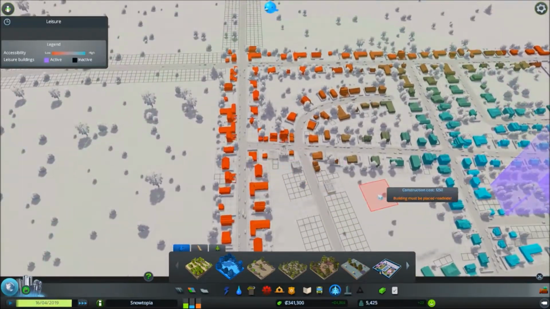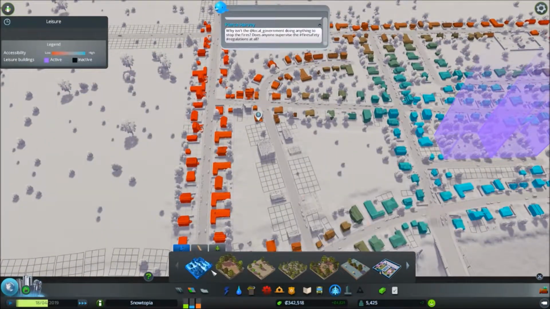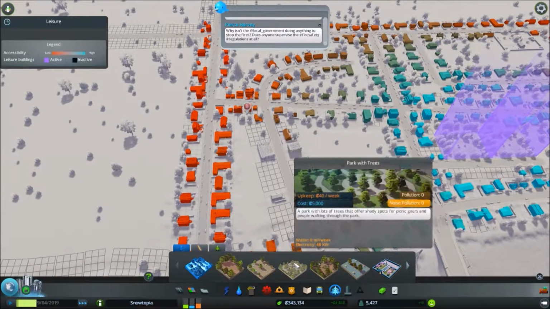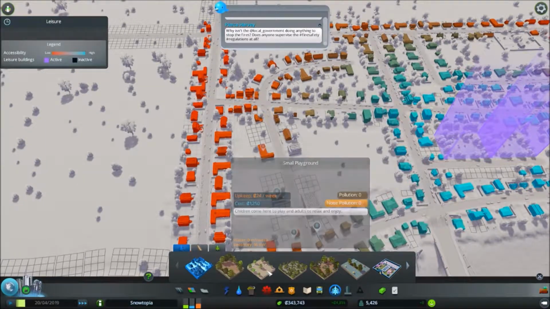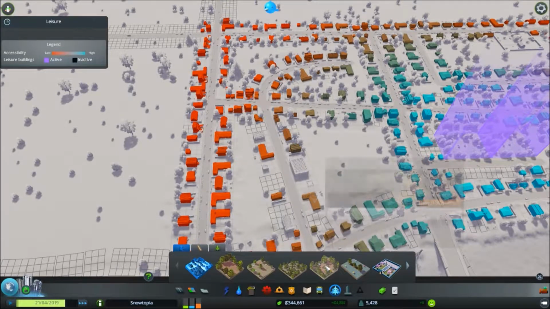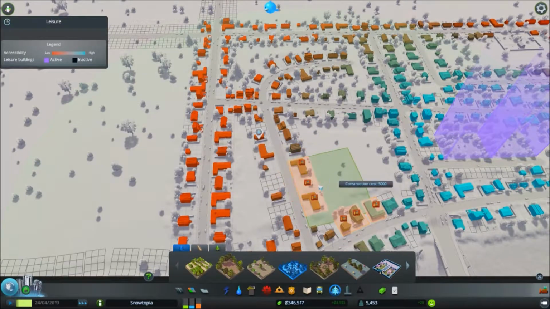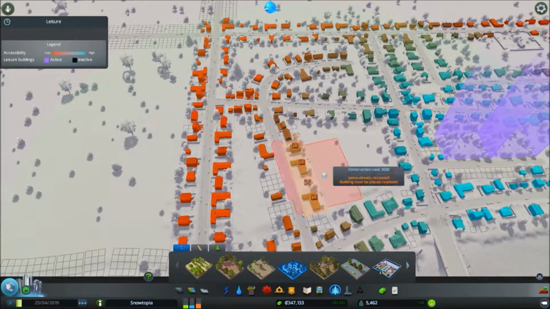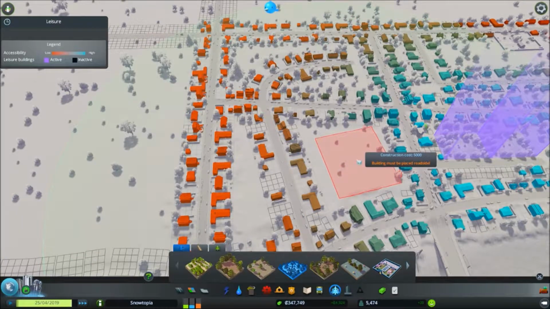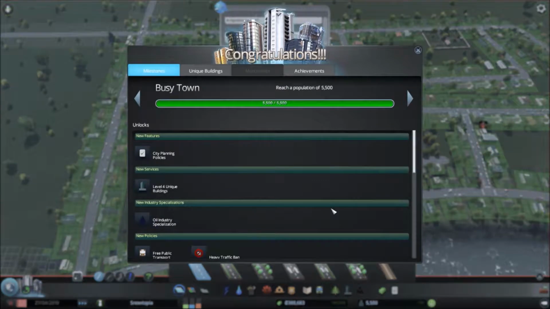Let's throw in... Actually, while this is developing... Can I fit one here? Or where's the large park? Large. Garbage is piling up, I know. Large playground, no. Where is it? Here it is, the park with trees, that's what it's called. You know, I probably can fit this in. If I just take out... Oh, there we are! We are a population of